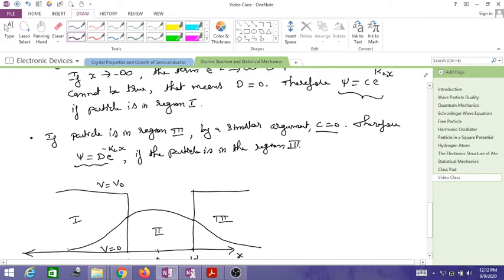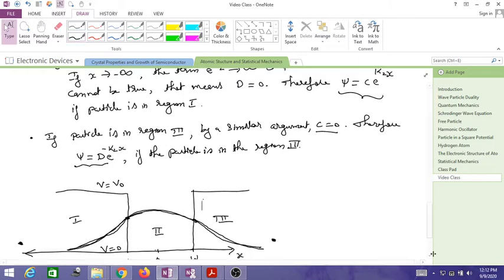Now the particle is moving from minus infinity to plus infinity on the x-axis, and its motion is represented by a wave function like this. From minus w to plus w we have the maximum value, and outside this it is a decaying exponential on either side, in region 1 and region 3. This is with respect to one energy level.